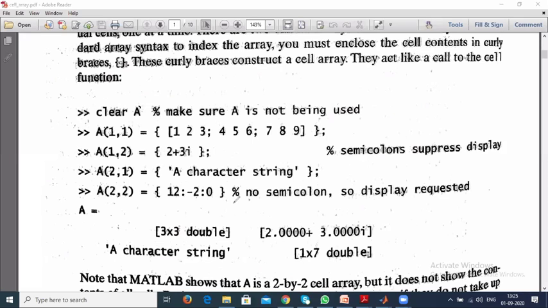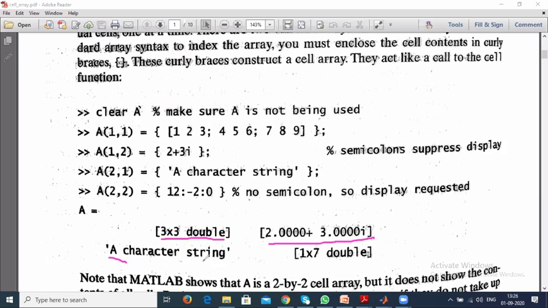If the memory occupied is less, it will display the contents of that cell. If you check here, this is a 3 by 3 matrix, so its memory is somewhat more. That is why it is displaying the size. 2 plus 3i doesn't take much memory, so it is displaying the contents of the cell.